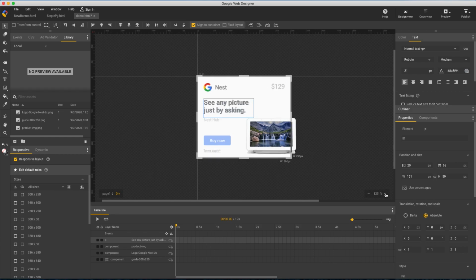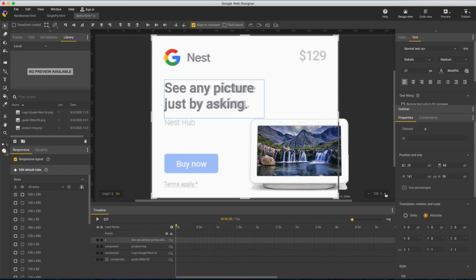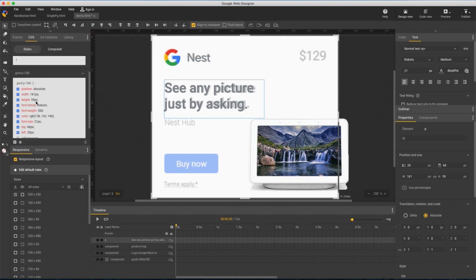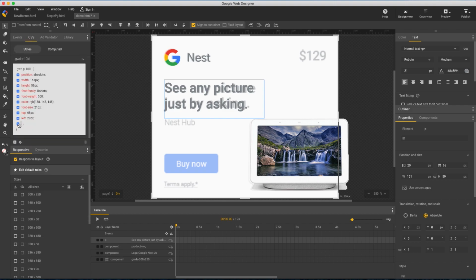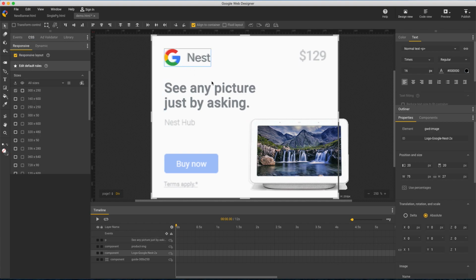Now I'll zoom way in to get this real precise, and here's where the pixel-perfect stuff comes into play that's typical of professional work. I need to add more tracking and tighten up the leading. I do both in the CSS panel. Letter spacing 0.2 px, line height 1.1 em. At this zoom I can tell I've got all these type properties exact, and it's quicker than referring to a spec sheet. While I'm at the zoom level, I can also adjust these images.